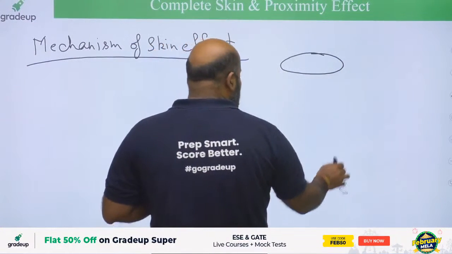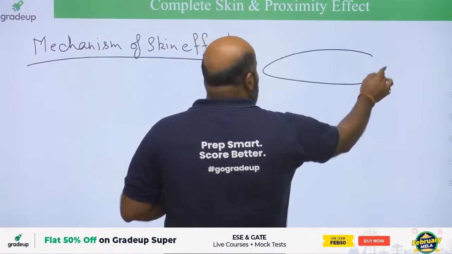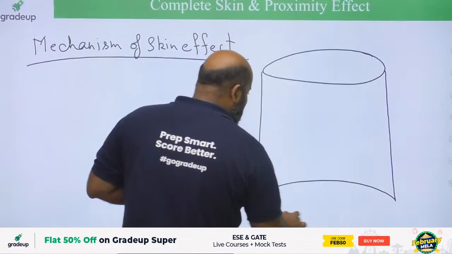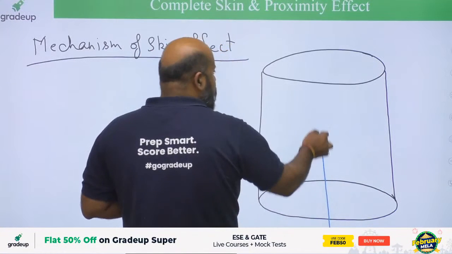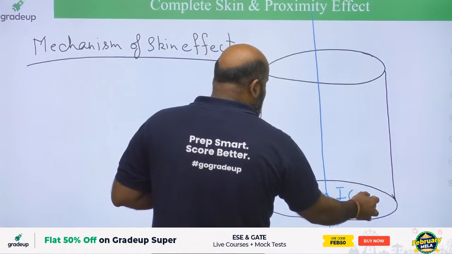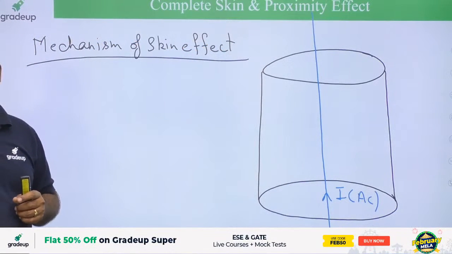Let me make a bigger conductor. And suppose you have an AC current passing through this conductor. Because this current is AC current, definitely this AC current